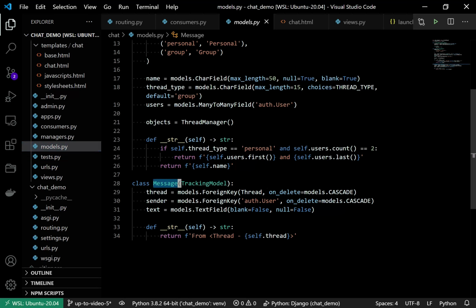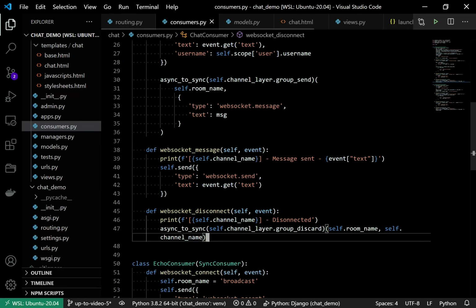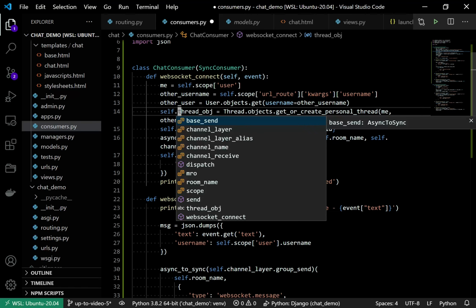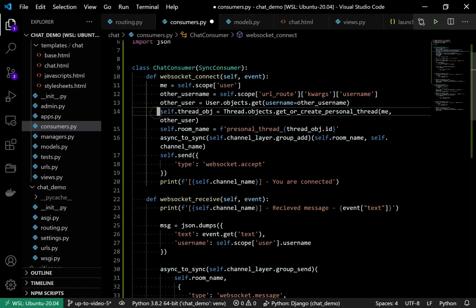So what we need first: thread, sender and text. All right, so let's create that in the consumer. First thing, we have to make this thread object available to the whole consumer object. So we have to attach this self.thread_object, and let's use it that way.